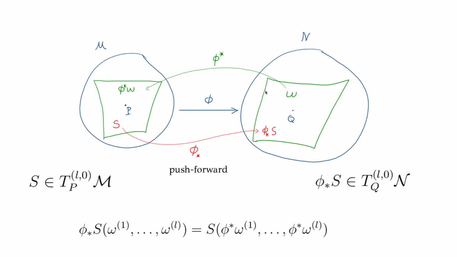To do this, we will use the pullback of one forms from the point Q to the point P. And since such tensors are defined by their linear action